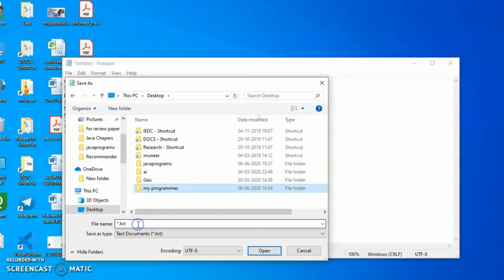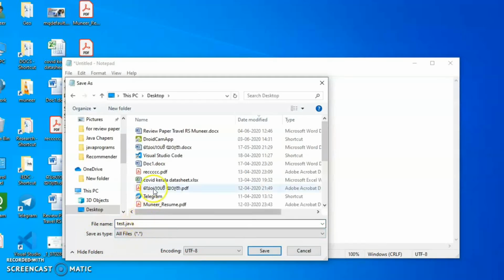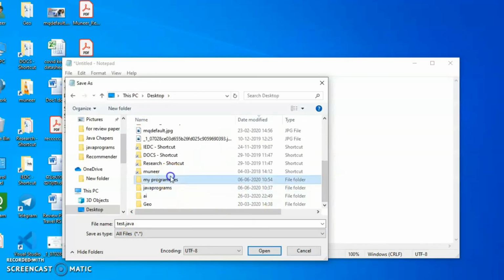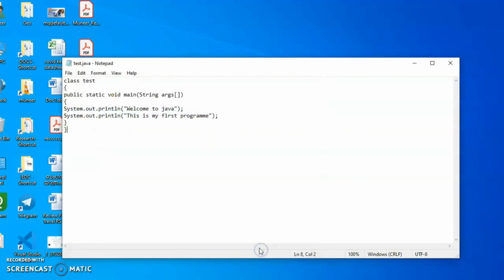Inside that, I am writing the name Test.java. So under the folder My Programs, Test.java. Save it. So two things are over.